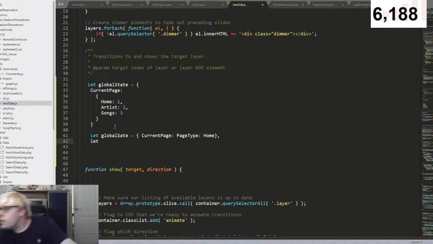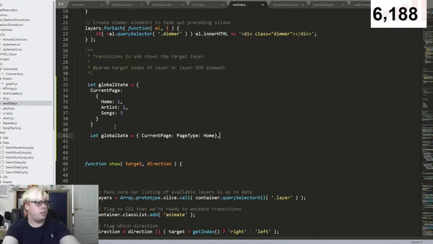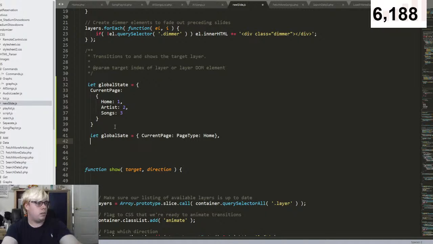I think that's a comma right there. Let page type equal light. Well, this is how I